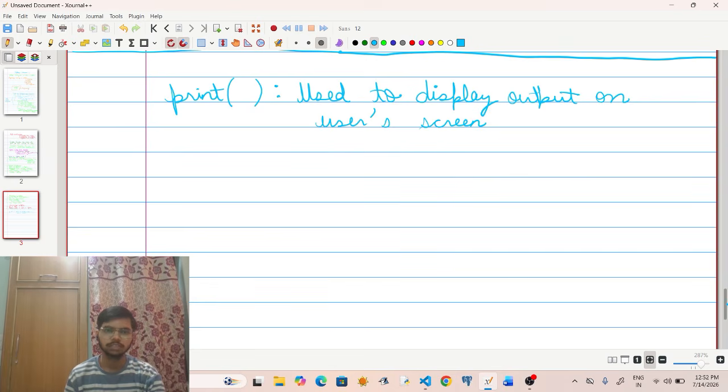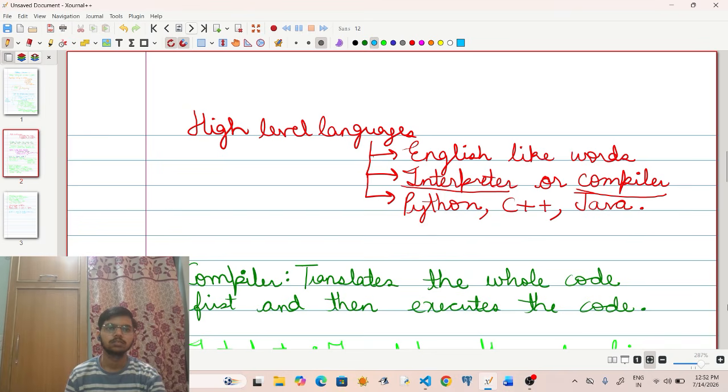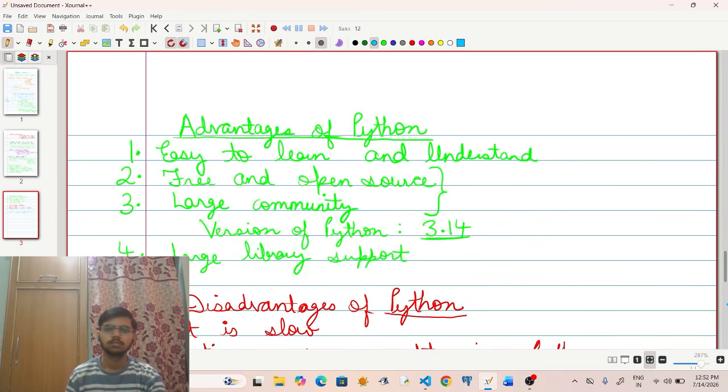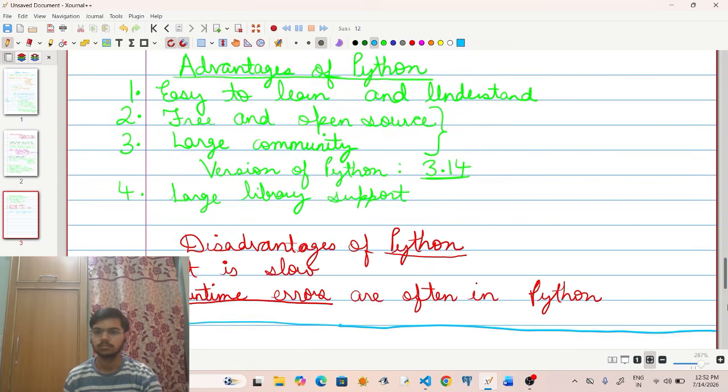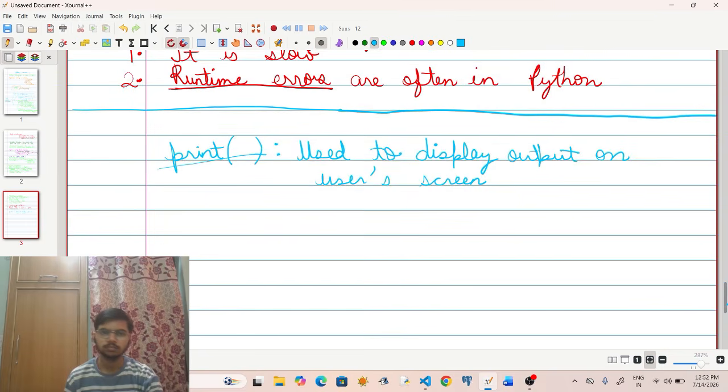This is the particular syntax: print, and then you give curly braces, and within the curly braces you give the value that you want to print.